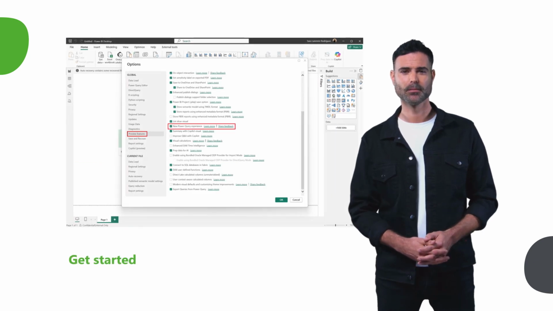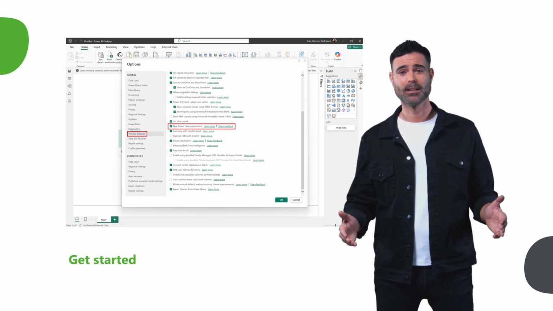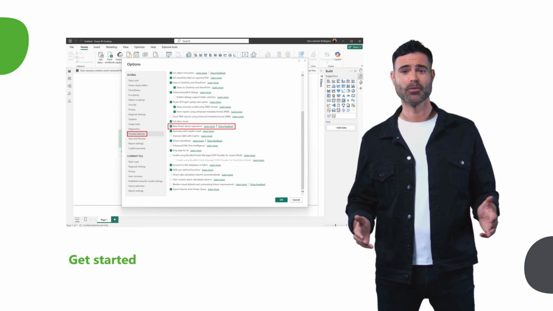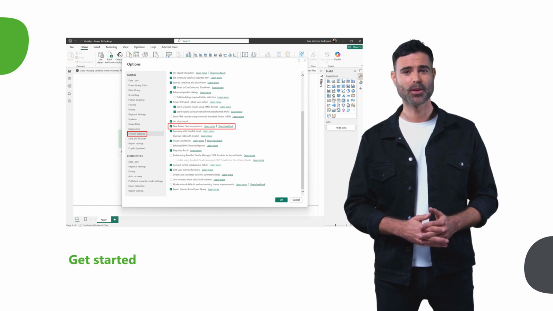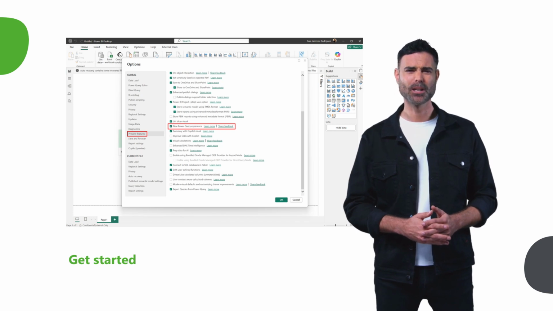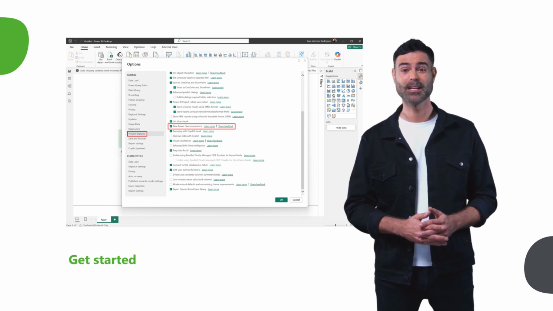Get started. Open Power BI Desktop and navigate to File, then Options and Settings, then Options, then Preview Features to enable the new Power Query experience option. Restart Power BI Desktop, select Get Data, and start